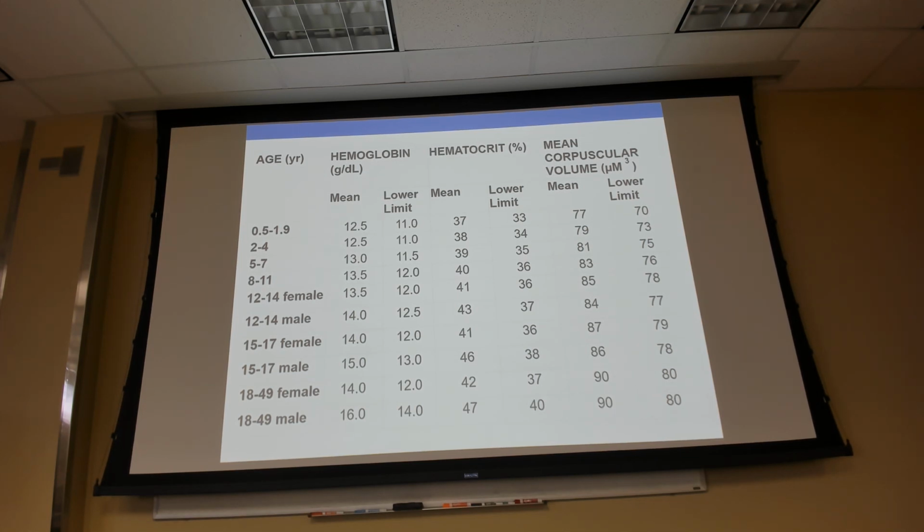A lead in a CBC or a lead in an H&H. Yep, so this is exactly what we're looking at, these 1-year-olds. So I get it back and I say, well, I have a hemoglobin of 12 and a hematocrit of 35 in a 1-year-old. Is that normal or is that abnormal? Totally normal. Yep. If I have a hemoglobin of 10 and a hematocrit of 32,